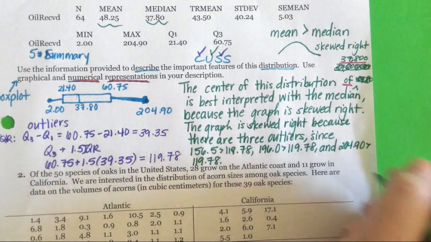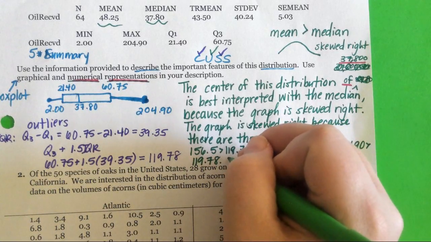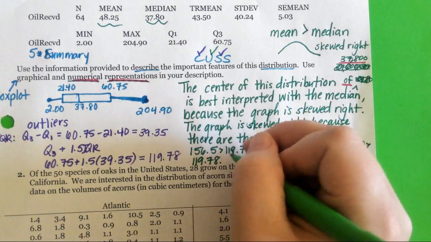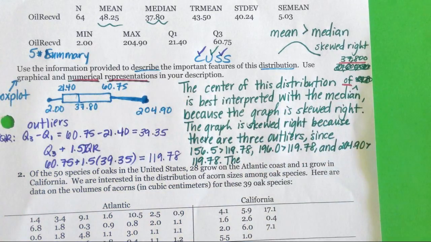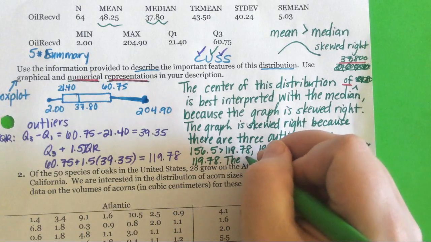And then I'm out of room, so I'd probably say something brief, and I swear on the real exam you have so much room you could die. What am I missing? So the spread, and I don't actually like to say the word spread, because when I hear spread I think of like on a sandwich. I don't like it. So I'm just going to say the IQR